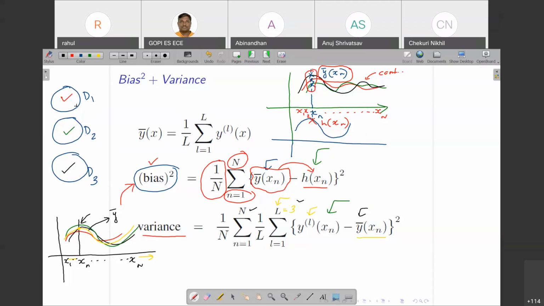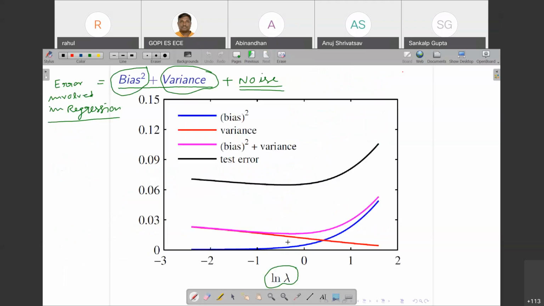It means that the curves you are going to get from d1, d2, d3, everything, all depend upon the regularization constant lambda. How far the variance and the bias squared are going to change depends on it. So you can see this graph now to understand it better. Now when lambda is 0, what does it mean? It means that you are going to have